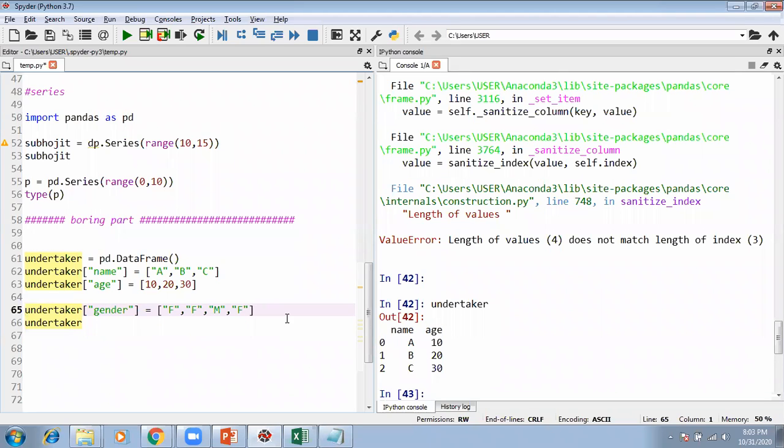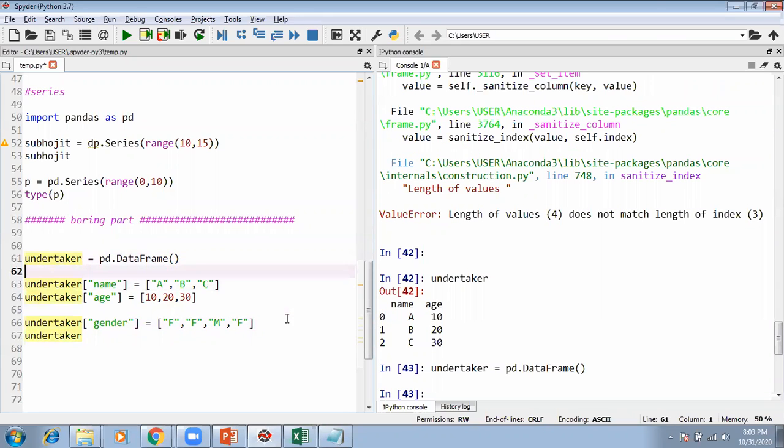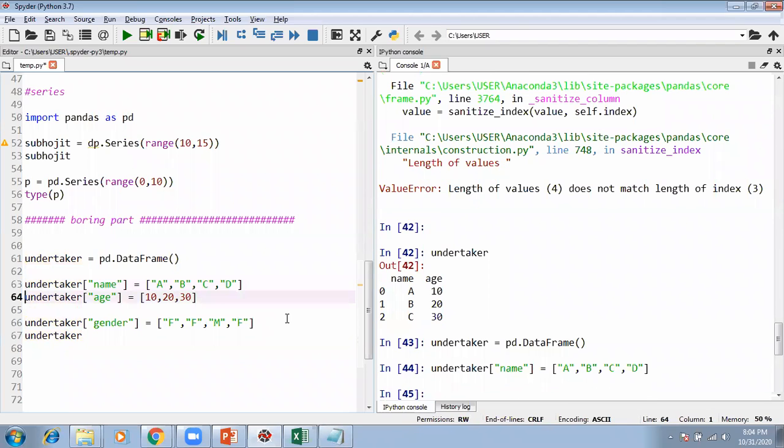So if you want to add the fourth value, you have to create it again: pd.DataFrame, a blank data frame. Now when you are creating the first column, you are allowed to add as many rows as you wish. So if you want more rows, you are okay.